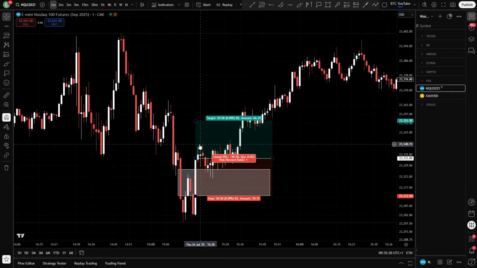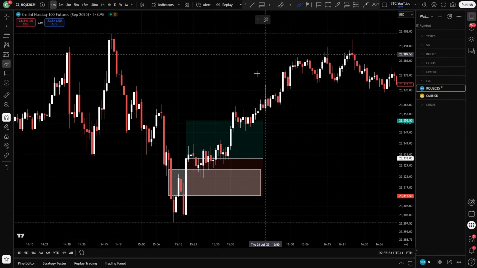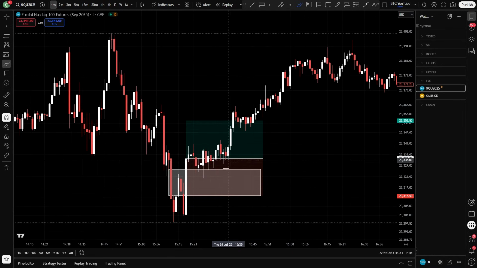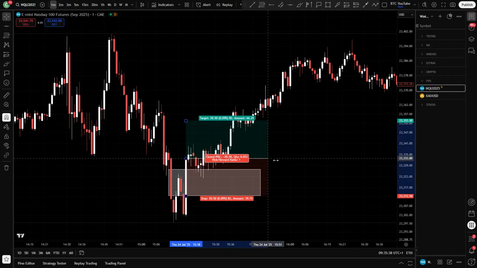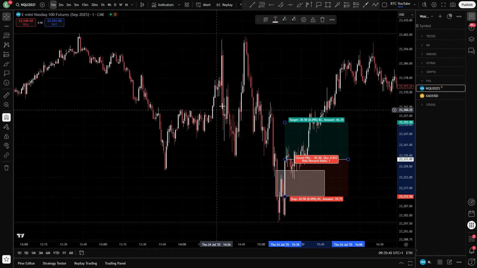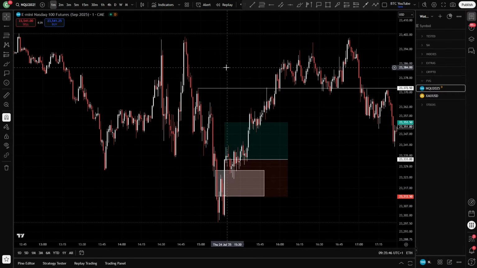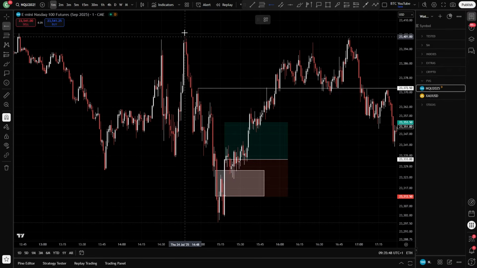But once I saw this huge momentum, I knew that this was going to play out. Took about 15 minutes or so to get going, but as you can see, did come up and hit a 1-for-1, so I went break even once we hit the 1-for-1 here. So this would have been at least a scale 1 and break even trade. And then as you can see, I probably would have taken another half off here and then another half off at the high,